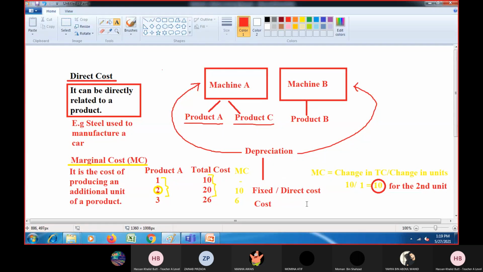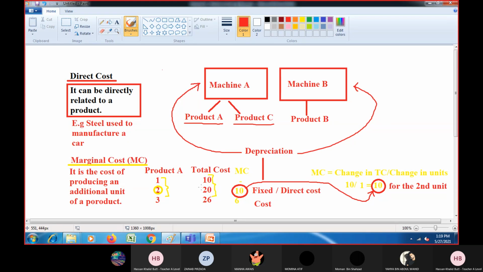Similarly, if you see the marginal cost we found out earlier, that was also 10. So you can see that both are the same. So you can calculate them in whatever way you want. But sometimes they also give a formula and ask you to calculate with the formula, or they give you the value. Similarly, we can calculate the other as well.